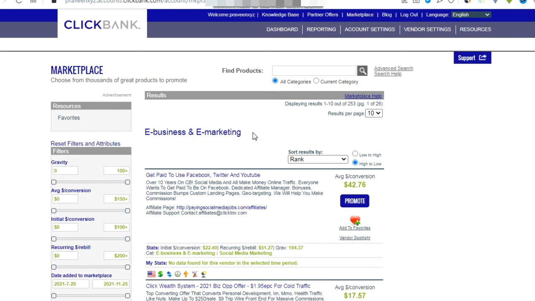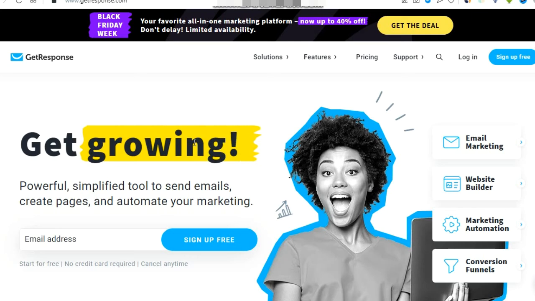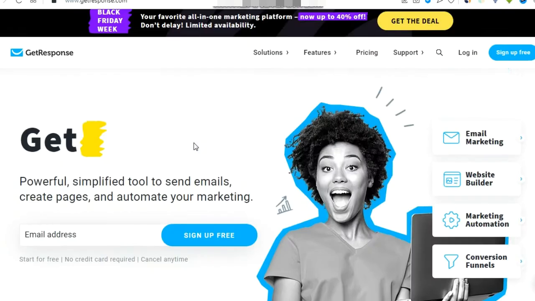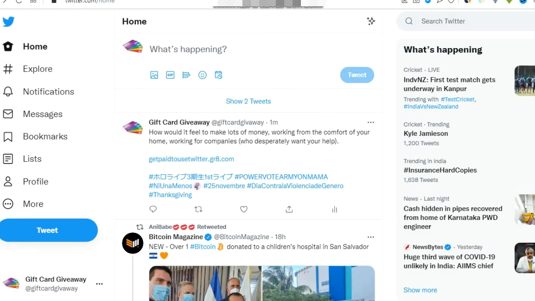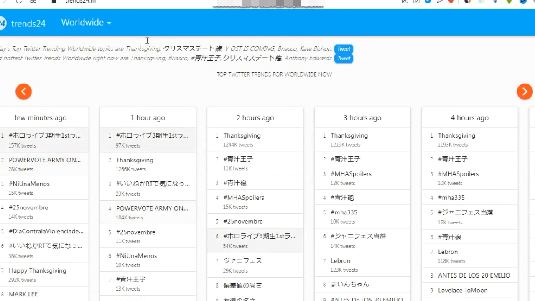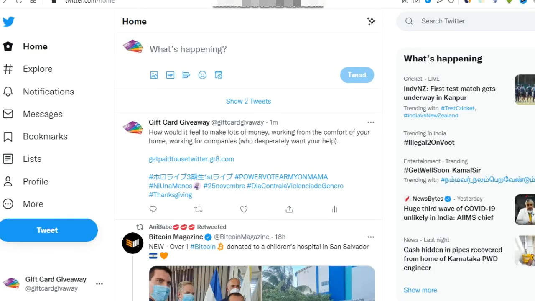So you can choose an offer from there, create a landing page according to your choice, and then just get some trending topics here and tag it with your tweet. Even give a hashtag with your tweet. Okay, this is the way you will be tweeting over Twitter.